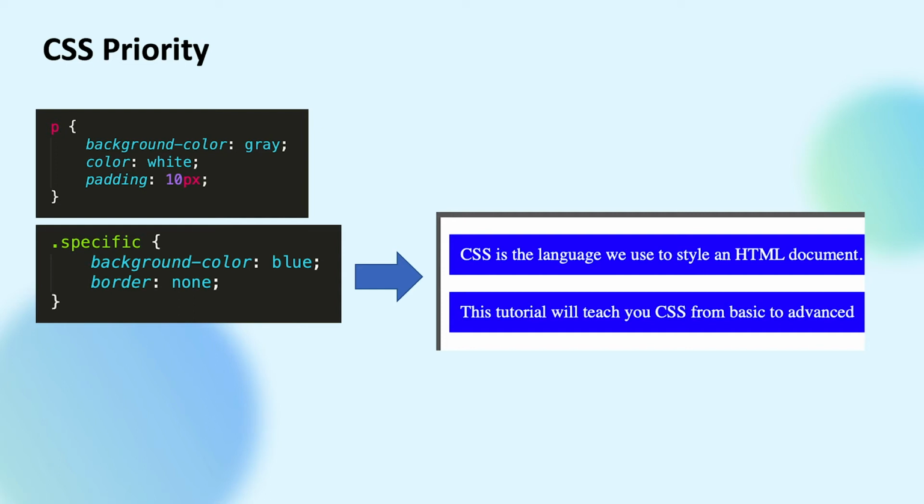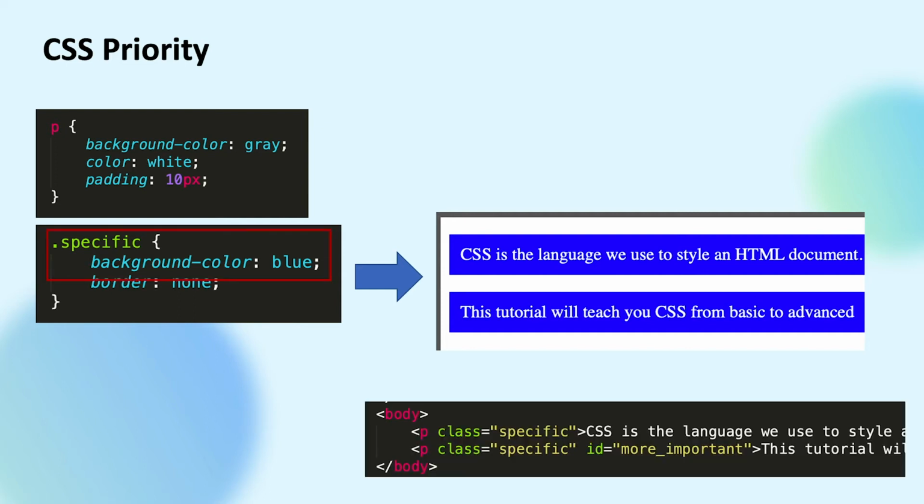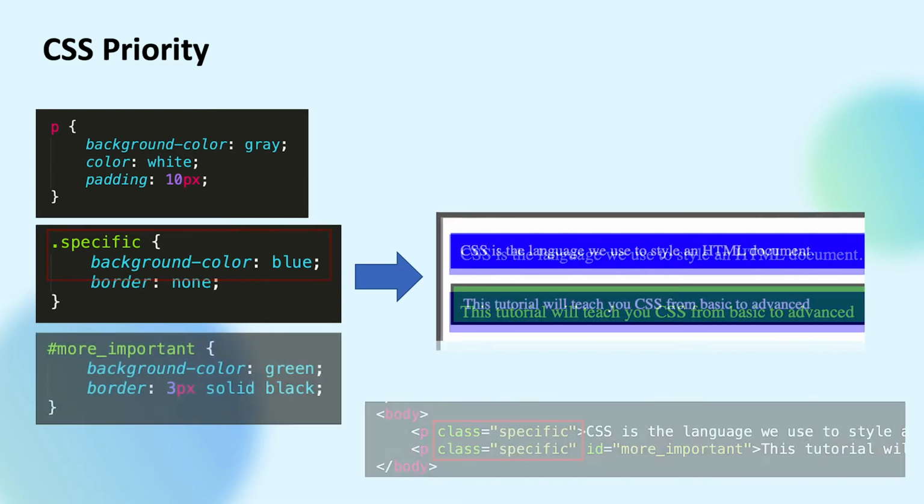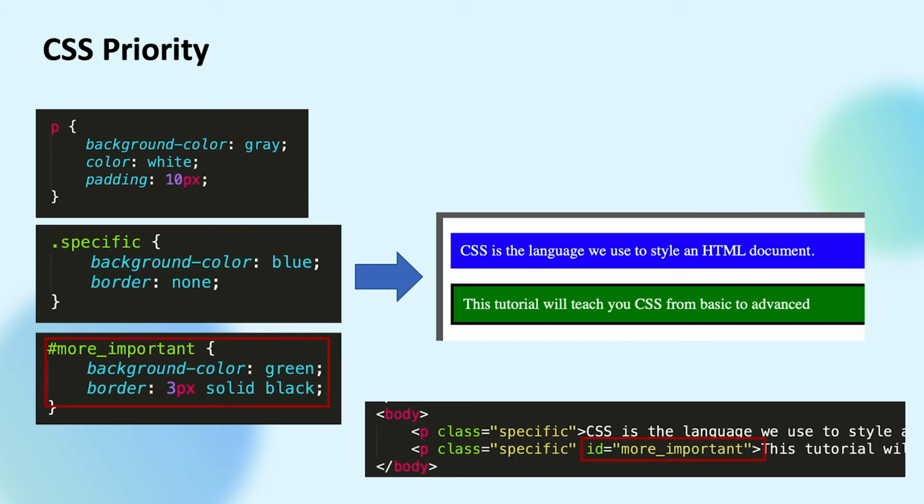For instance, in this example, I set the background blue for 2 paragraphs with a class name specific. Despite assigning the background color to be gray, none of the paragraphs has been applied to, since there's a higher priority for the class attribute on the paragraph element. The same idea with this, but you can assign an ID to an element to make it appear with a different color. The ID attribute has an even higher priority and overrides the background color to green,